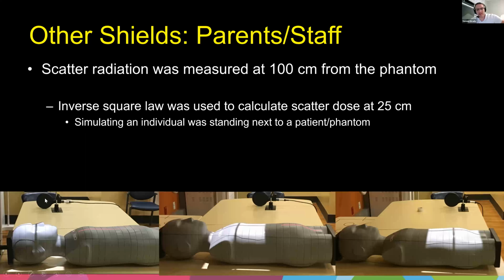Now we placed the ion chamber all the way out here because we needed the photons to be coming in parallel. If you got it closer, there's a divergence, and so it changes the imaging paradigm. That said, we imaged out 100 centimeters, and then we used the inverse square law to correct to 25 centimeters. In other words, all of the data I'm going to show you is with reference to 25 centimeters, which is